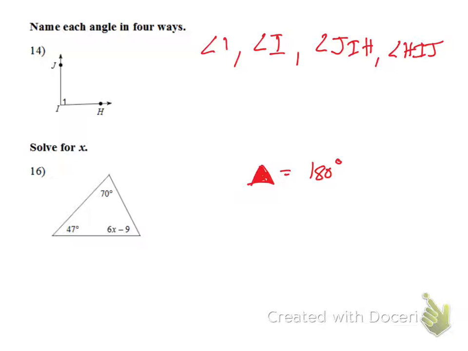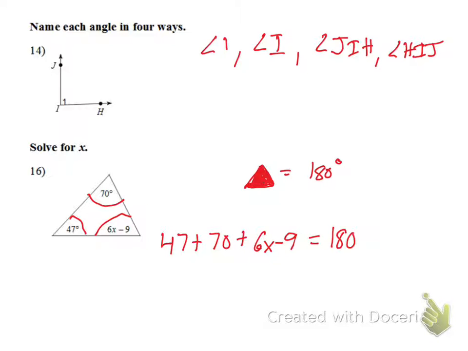So for x, a triangle is always going to equal 180. All of these 3 angles added up have to equal 180. So I would do 47 plus 70, and then plus my third angle, which is 6x minus 9. I set that equal to 180 degrees. I combine like terms, and I get